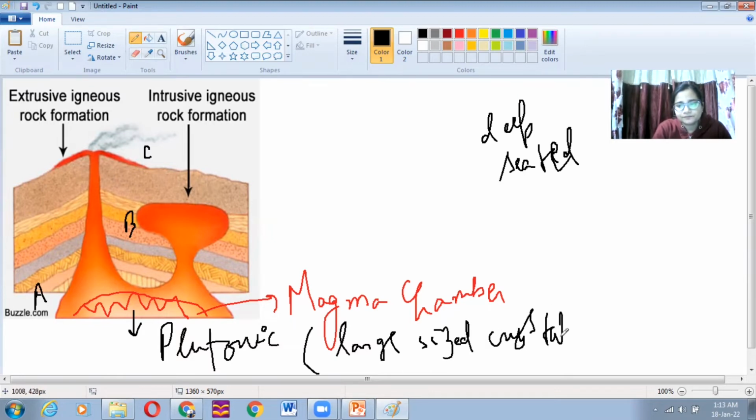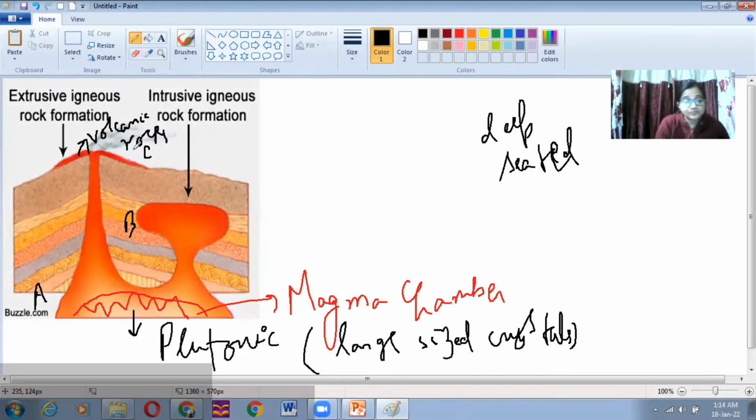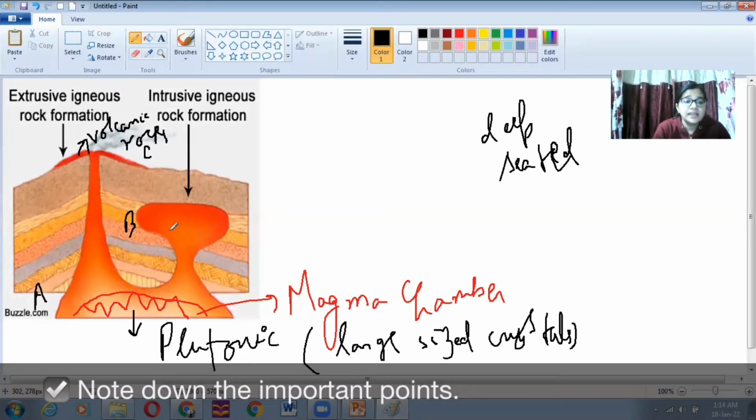ठीक है, हम एक्सट्रूसिव इग्नियस रॉक्स को भी देख लेते हैं। एक्सट्रूसिव इग्नियस रॉक्स कैसे फॉर्म हो रहा है, बिकॉज ऑफ द वॉल्केनिक इरप्शन। जब वॉल्केनिक मटेरियल बाहर आ रहा है, प्रोडक्ट्स ऑफ वॉल्केनिक इरप्शन, जब वो सॉलिडिफाई होगा वो एक रॉक फॉर्म करेगा, वो रॉक तो ऑन द सरफेस ऑफ द अर्थ हो रहा है। सो C पॉइंट पे जो रॉक फॉर्म होता है वो तो एक्सट्रूसिव इग्नियस रॉक्स तो है ही, उसका एक नाम है जिसे हम बोलते हैं वॉल्केनिक रॉक्स। मैं एग्जांपल देती हूँ कुछ ही देर में।